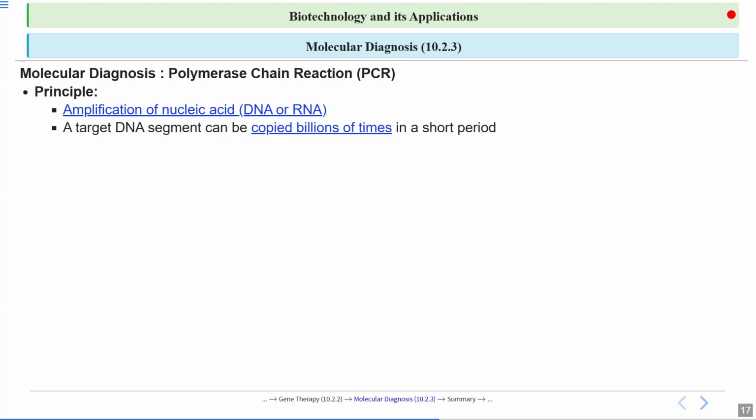A target DNA segment can be copied billions of times in a short period. So what are the applications of these? One of the major applications is that we can detect HIV in a suspected AIDS patient. If we are thinking, okay, this patient might have AIDS, but it is not showing right now so rigorously because HIV has not spread that much, we can detect this HIV virus